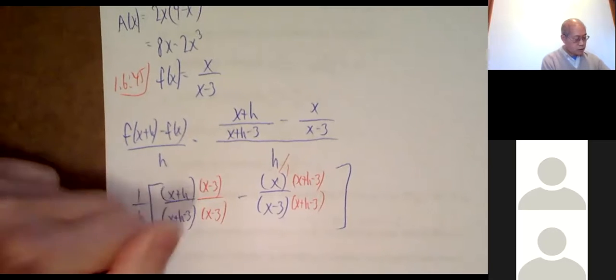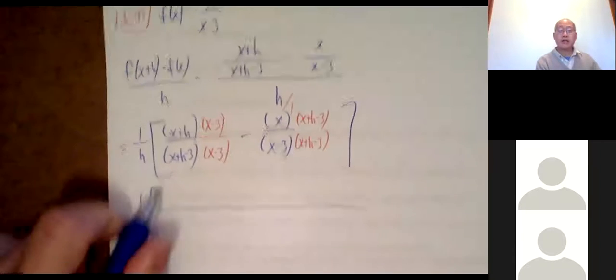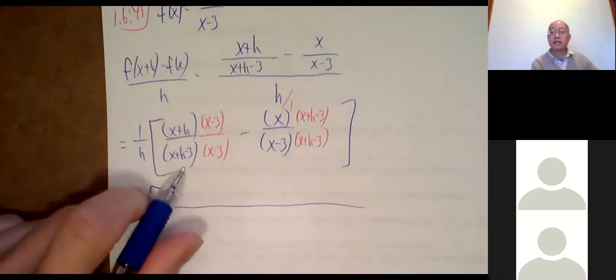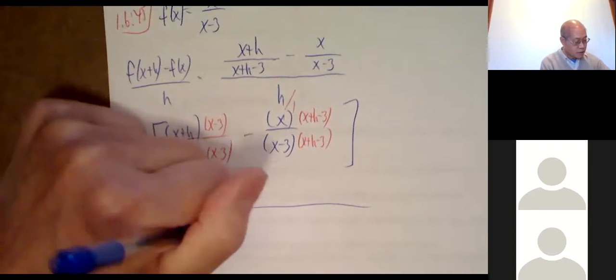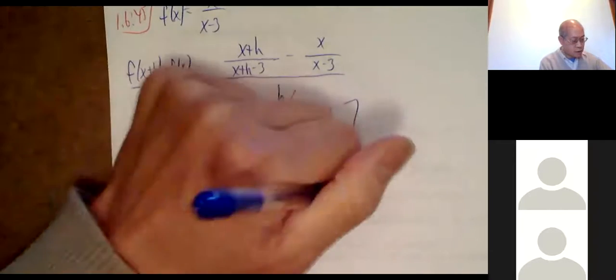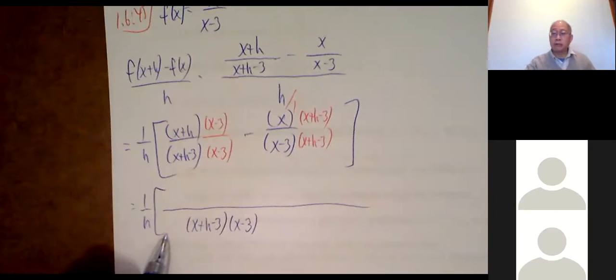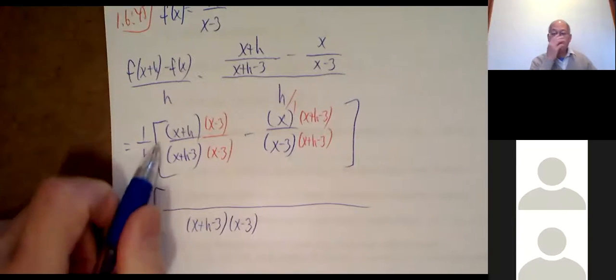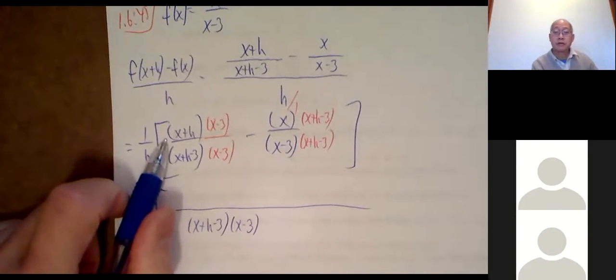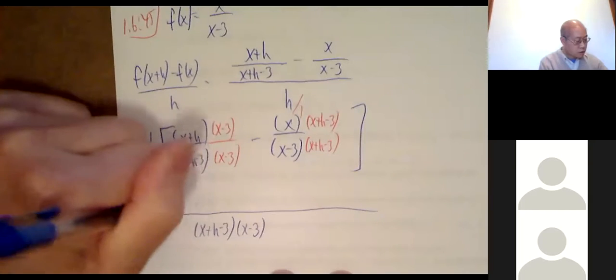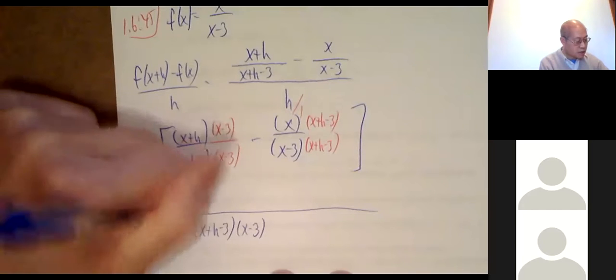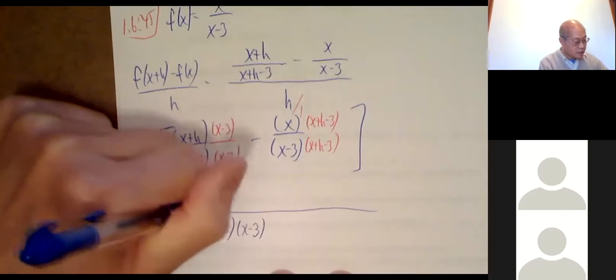1 over h. Okay, the denominator is now common, x plus h minus 3 times x minus 3. And by the way, do not multiply out the bottom usually. It's usually not necessary to multiply out the bottom. I am going to work out the top. So let's see. FOIL, right? x squared minus 3x plus hx minus 3h